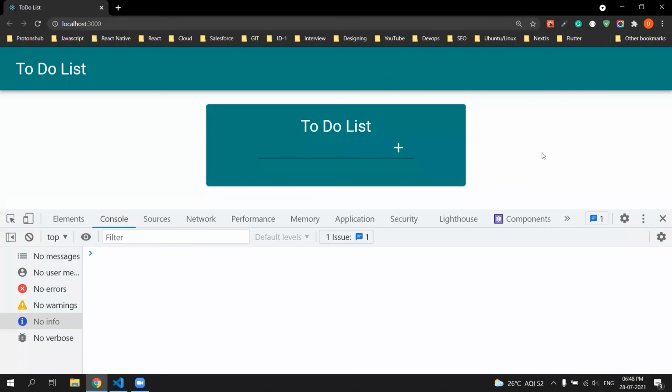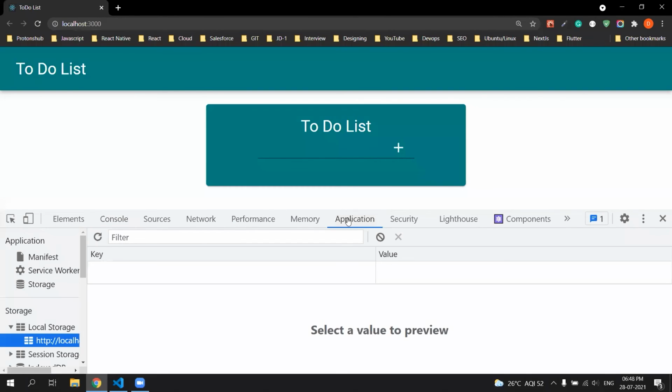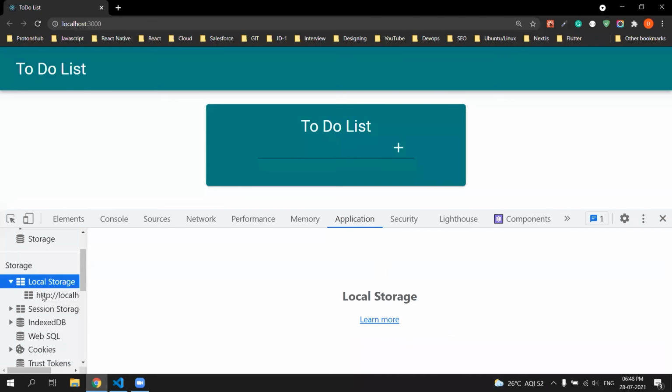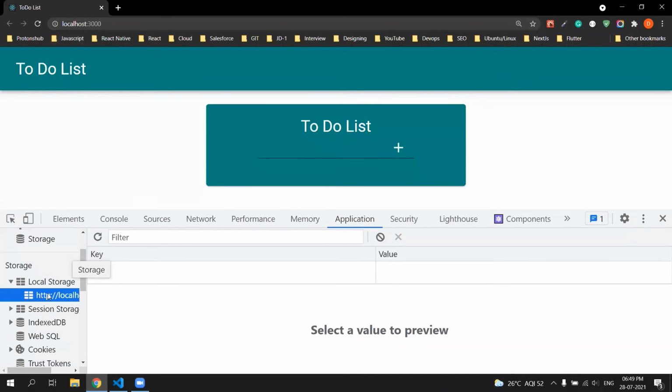Thank you, Adin. So I guess most of you have got a knowledge about what is local storage. So let me tell you where you can see what is there in your local storage. In your developer console, you have this application tab, and inside this application tab under the storage, you can see local storage. And as I'm in localhost 3000, it will only show me the storage for this particular domain. So right now we don't have anything.